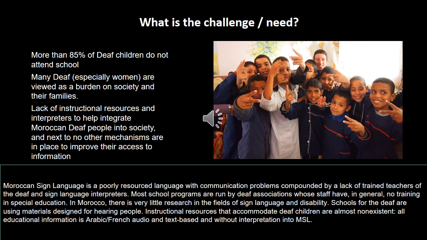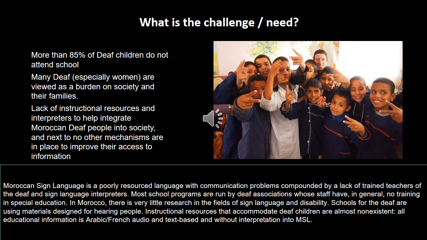In addition to these challenges, the language itself, Moroccan Sign Language, is an under-researched language, with communication problems compounded by a lack of trained teachers of the deaf and sign language interpreters. Most school programs are run by deaf associations whose staff have in general no training in special education. And there is very little research in the field of sign language